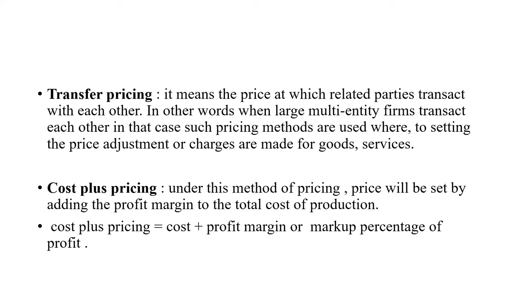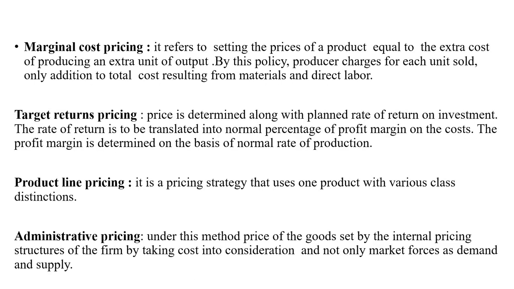That is known as cost plus pricing. Okay. Next is marginal cost pricing. So, what do you mean by marginal cost pricing? It refers to setting the prices of a product equal to the extra cost of producing an extra unit of output. By this policy, the producer charges for each unit sold only the addition to total cost resulting from materials and direct